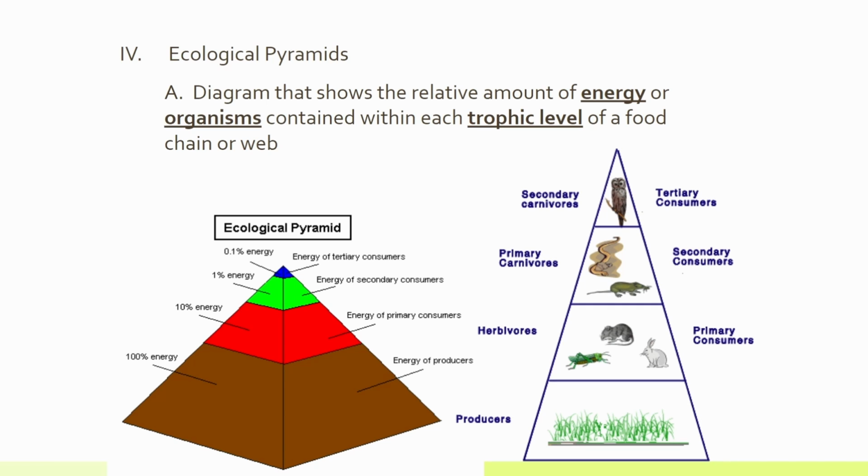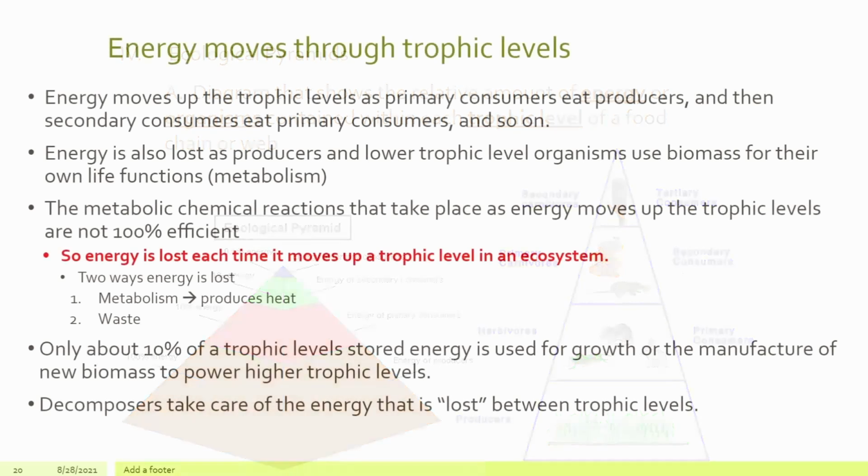Here is another ecological pyramid, and it's showing you different types of organisms that are in each of these levels. It's showing you, for example, herbivores like the grasshopper, field mouse, and rabbit. And as energy moves through trophic levels, it's moving up away from the producers and the primary consumers. And we're eventually going to see that a lot of that energy is being lost. But where is it being lost to? Well, metabolic chemical reactions that take place as energy moves up the trophic levels, again, are not 100% efficient. So a lot of that energy loss is just as heat, especially as a waste product.